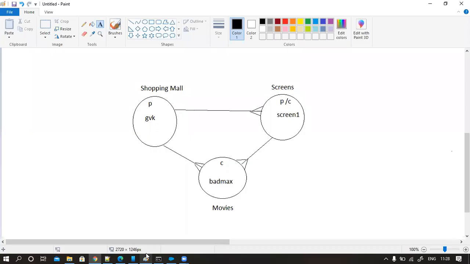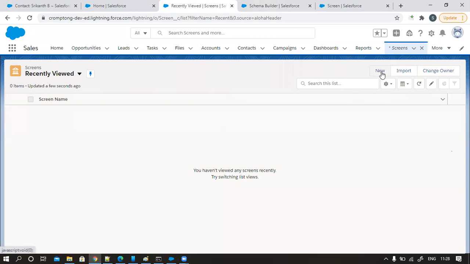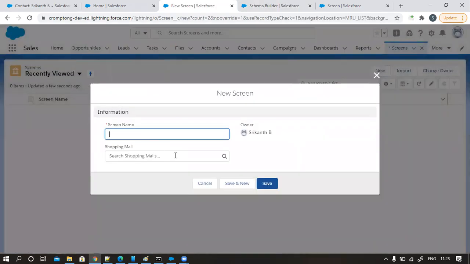Anyway, we have created a relationship between shopping mall and screens, with shopping mall as the parent. On the screen, I can see the parent information, so I can associate a parent now. This is well and good. Now